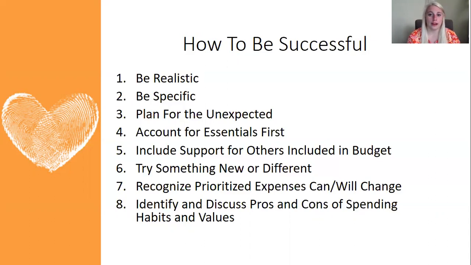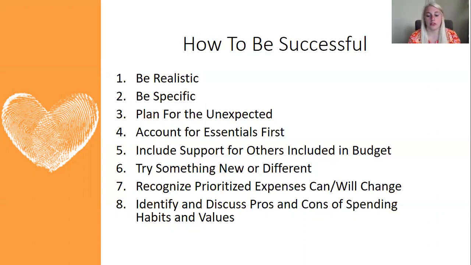A cool trick that I use on my budget specifically: I have a category that's just miscellaneous, and I try to put $10 into that every time I get paid. So that way, when those unexpected things come up, I have a miscellaneous category in my budget that I can use. Or, making sure that I have that extra $10 at the end of the month, making sure it's included in my budget and considered an expense I spent, but it's actually just in my bank account. So when something unexpected happens, I have it there.